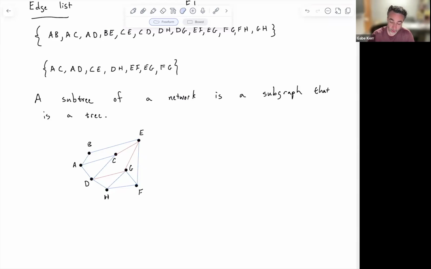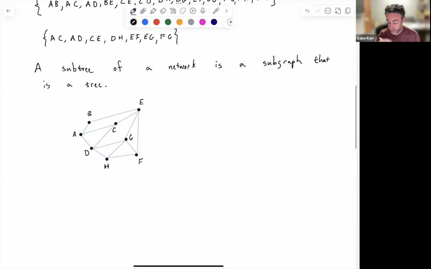Great. So there's a special kind of subtree, which is called a spanning tree. And these are of great importance in applications of graph theory. So let's say what a spanning tree is. A spanning tree of a network is a subtree